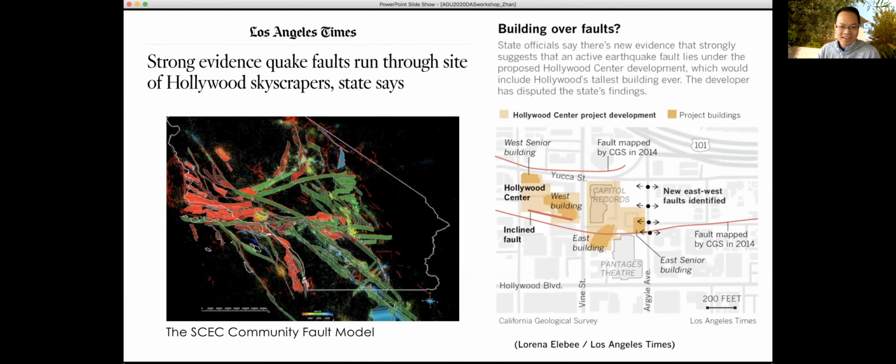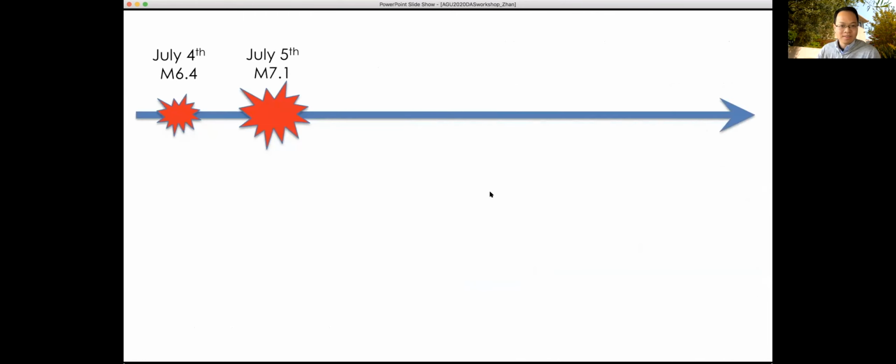So this is, again, highlighting some of the challenges in earthquake hazard and fault mapping. These are the two areas I want to show some exciting results. The data I'm going to show you is from the 2019 Ridgecrest earthquake. It had a magnitude 6.4 foreshock and a magnitude 7.1, one of the bigger events in many years in Southern